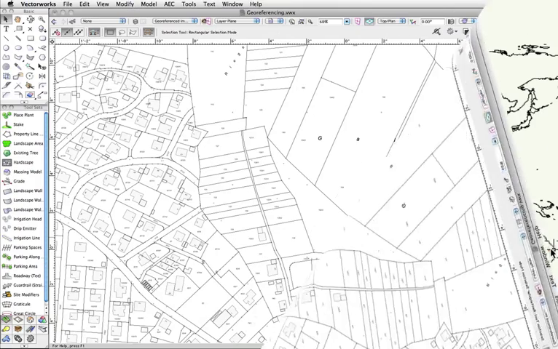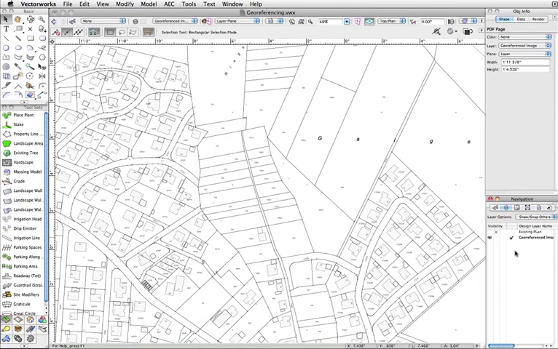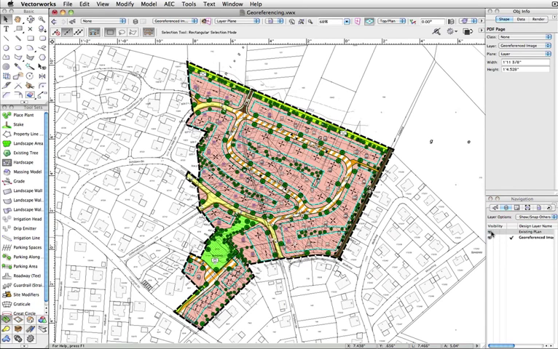In this final example, we have an already imported georeferenced image. Georeferencing on imported images was already possible in previous versions of Vectorworks. What was not possible was exporting this georeferenced information. Here, we'll enable our layer that already has our information that was drawn directly in Vectorworks. Now, with its new georeferencing, both of these layers line up correctly, and we can now export them as a